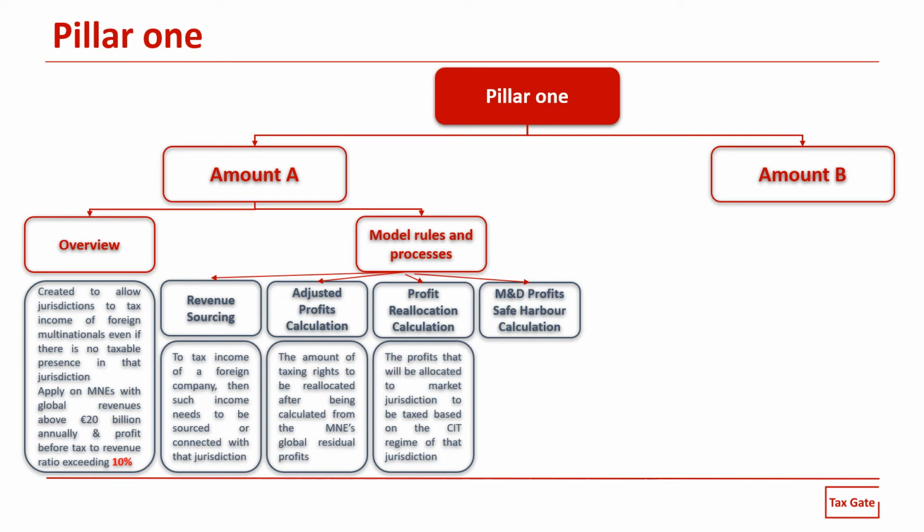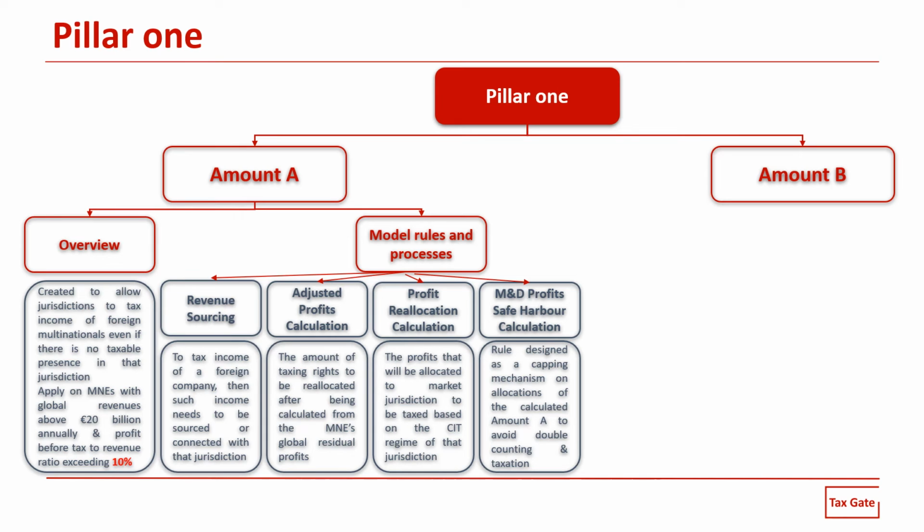To put it in a very straightforward way, this rule works as a capping mechanism on the allocations of the calculated Amount A. It is a rule designed to address the issues related to double counting in case we have a market country that has the ability to tax residual profits of a multinational enterprise in two ways. First, under existing profit allocation rules, which would be, for instance, the transfer pricing rules. And the second one, through Amount A allocation. So to avoid this taking place, an additional step is included in the calculation of Amount A to reduce the profits reallocated to that country by the amount of the profit already taxed there.